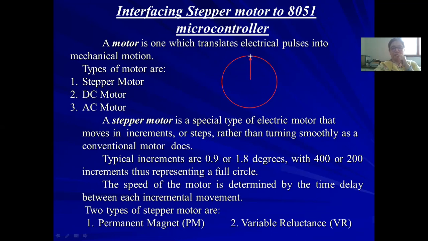Of course, this is the first position and this is the second position of the rotor. This is the third position of the rotor and the final position of the rotor. So this angle is called the step angle. This angle is basically formed with a specific delay when we write it in terms of a microcontroller program. Let us go to the next slide.